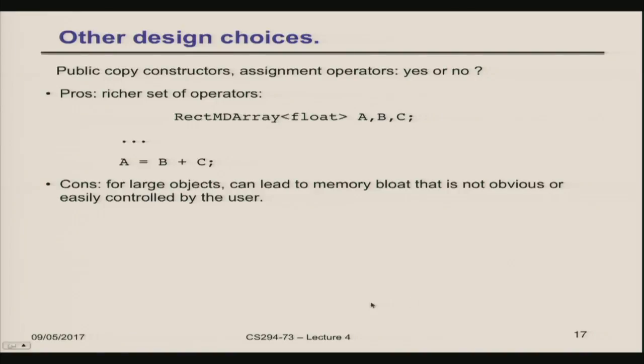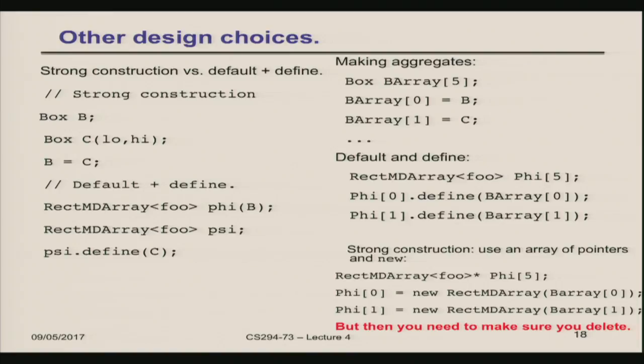You might also like to have a richer set of operators. You might want to have an algebra of operators. But again, there's going to be lots of redundant copying of data. This kind of algebra of operators is why MATLAB is so powerful. It's why it's so easy to program in. But it's also why MATLAB has such dreadful performance characteristics when you just use this interface, because it's constantly making copies. So for large objects, this can lead to a lot of memory bloat that's neither obvious nor easily controlled. So that's one other design choice, and then we'll leave the design things and go on to